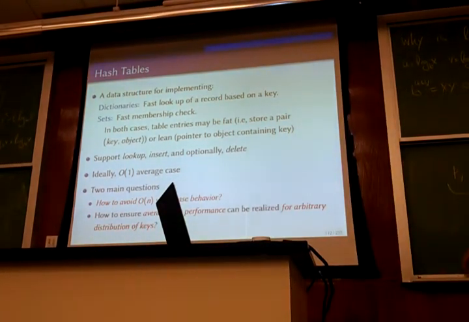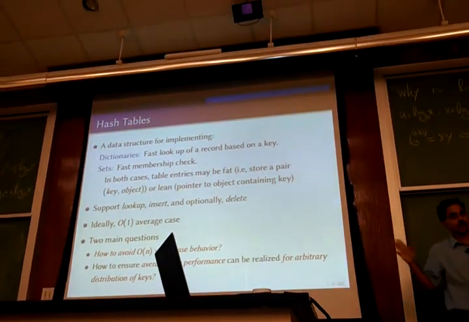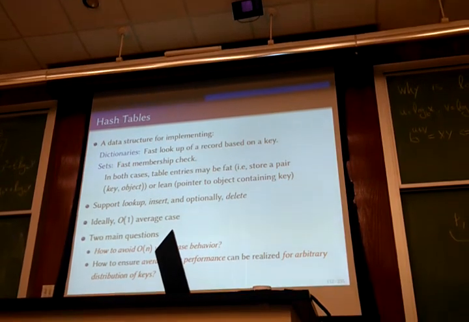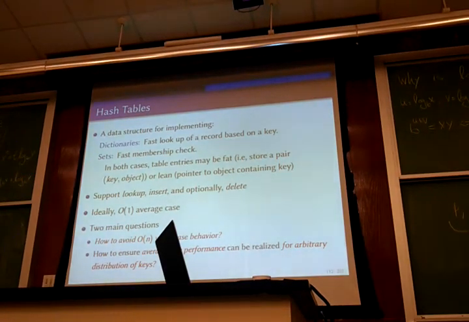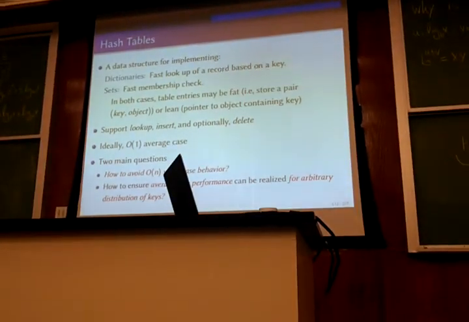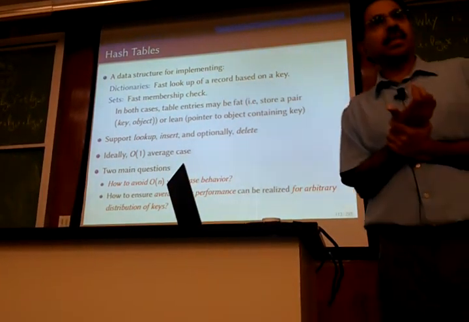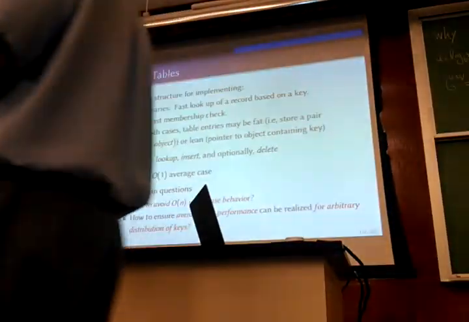So those are the two questions we try to answer. How to avoid order of n worst case behavior, because we know that hash tables have order of n worst case. Somehow, if you chose a poor hash function, so for instance, if you have a string and you said, okay, I'm going to hash a string by multiplying all the characters in it,